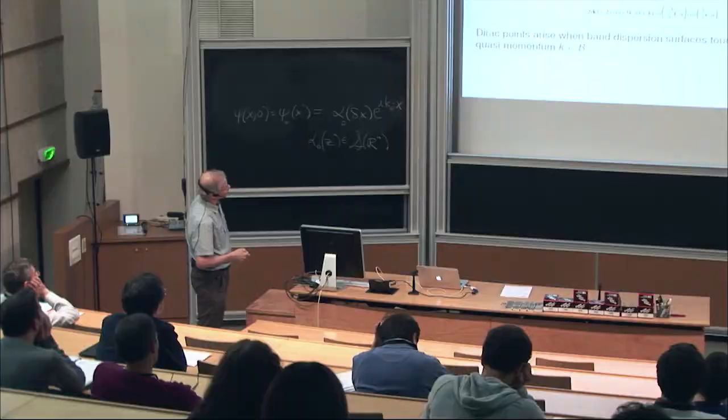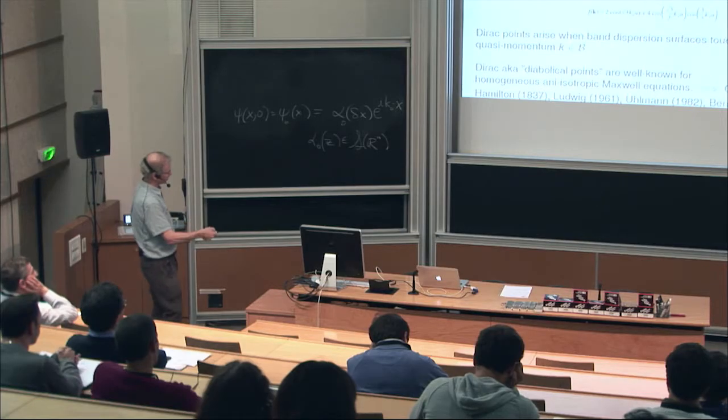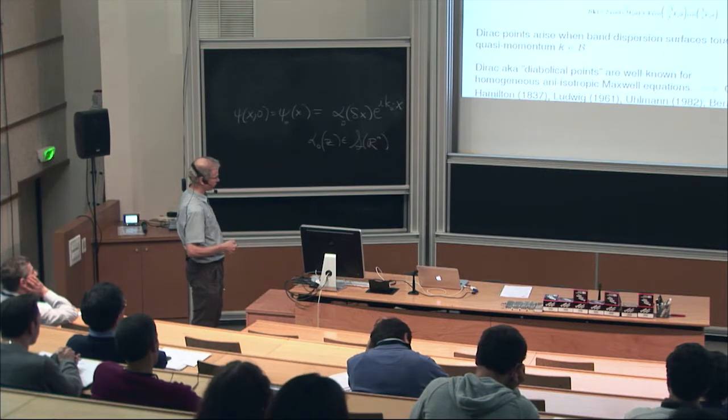Dirac points are points that arise from the touching of consecutive dispersion surfaces. There's a little gap there, but that's just numerical. In fact, we prove that generic structures do have these conical points. And such conical singularities are actually known even for Maxwell's equations with constant coefficients, but in anisotropic media. The prediction actually goes back to Hamilton's work and was studied mathematically by a number of authors after that. But this is a consequence of the vector character of polarization effects.